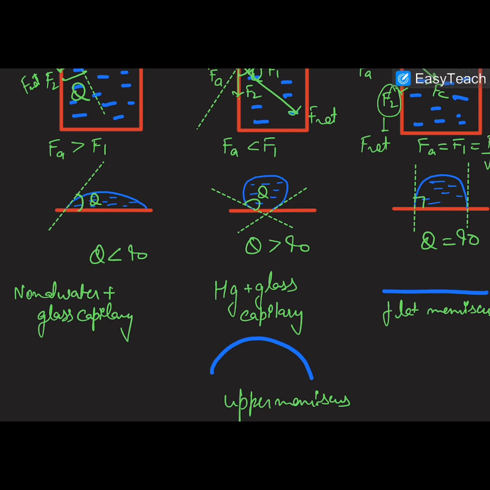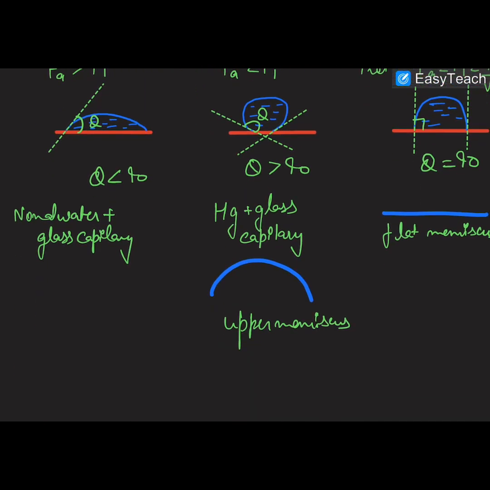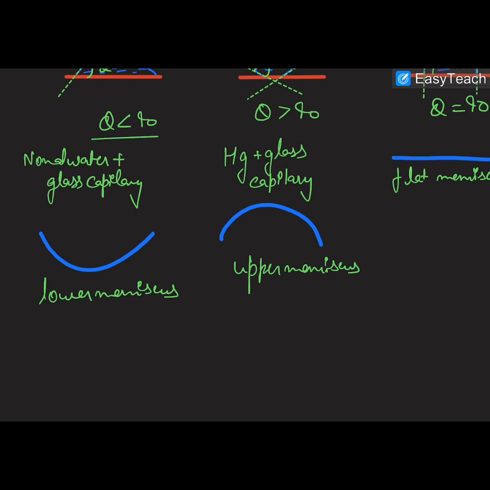And the meniscus it forms is also called the lower meniscus. If we draw it, then it is also called the lower meniscus. This is the lower meniscus. Okay. And in this case, the angle of contact is less than 90, it is greater than 90, it is equal to 90. So let us also discuss that if the angle of contact of any liquid with solid is either less